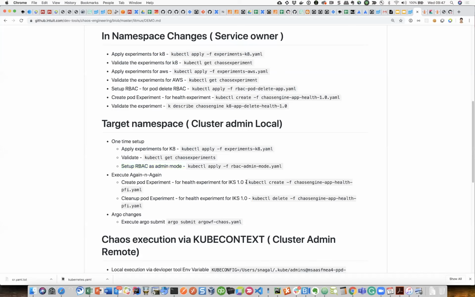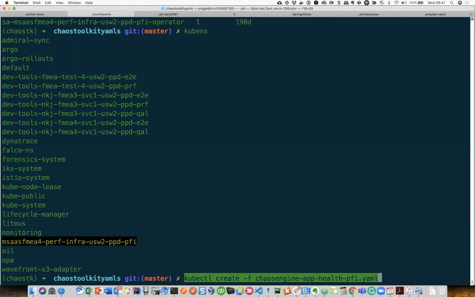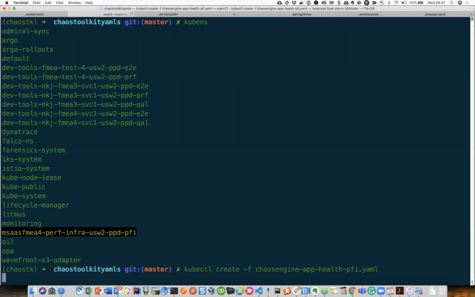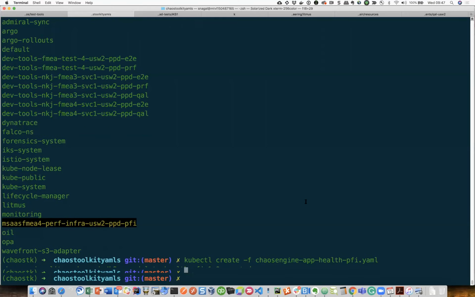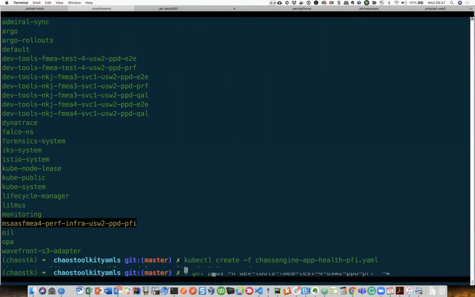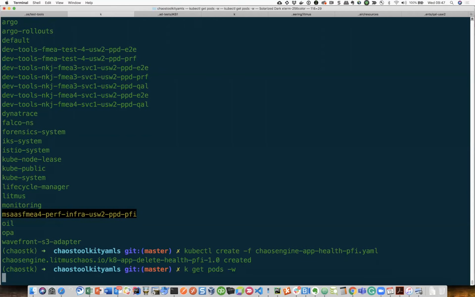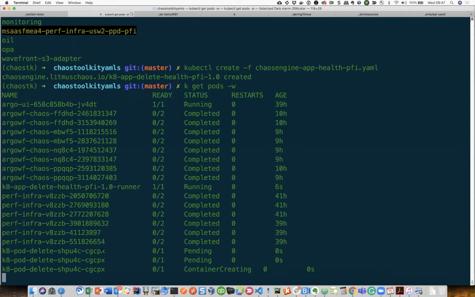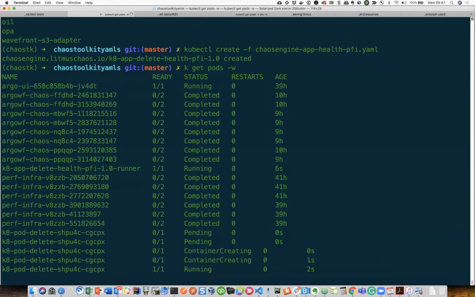So let's go and create this. When I execute, I will walk through these specific parts. You could see that this has started the runner.